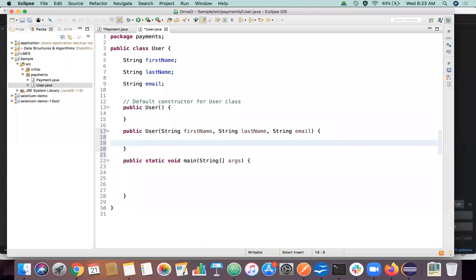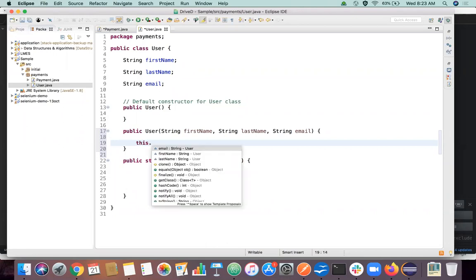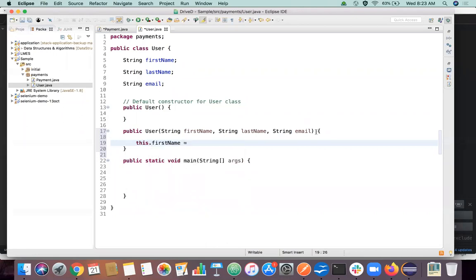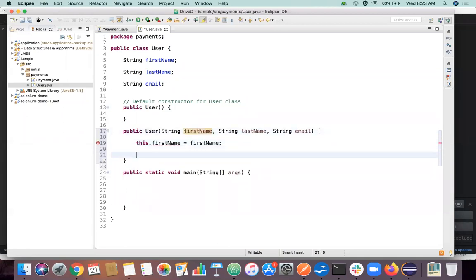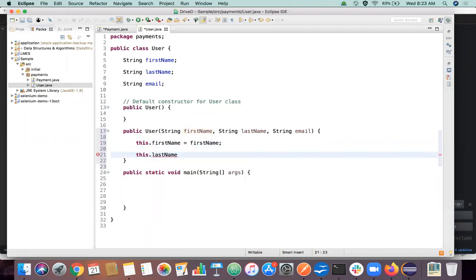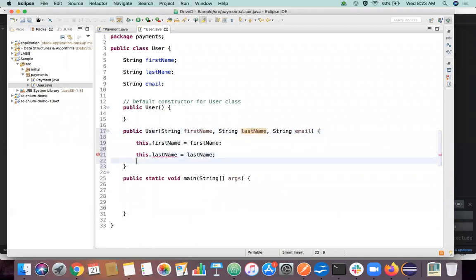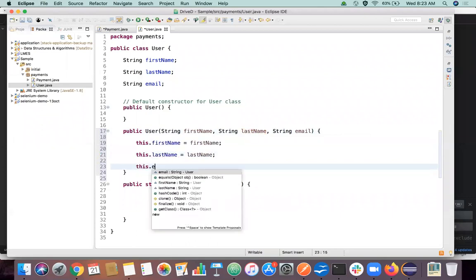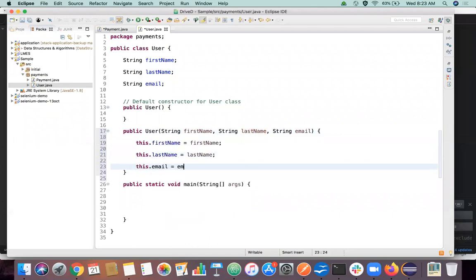And same thing here also, you use the this keyword to assign the values which we got from the argument. This dot first name is equal to first name. Right.